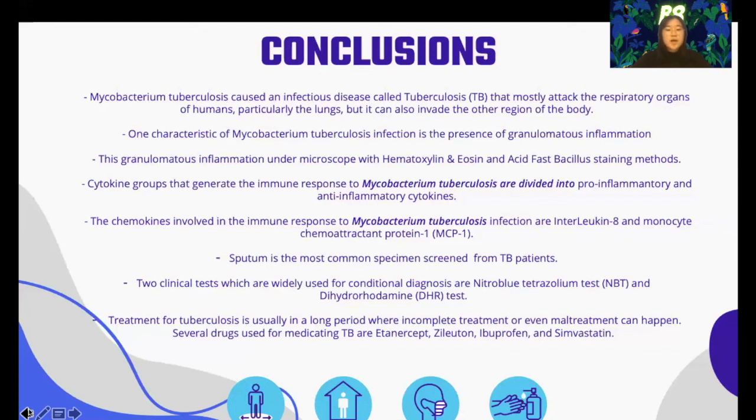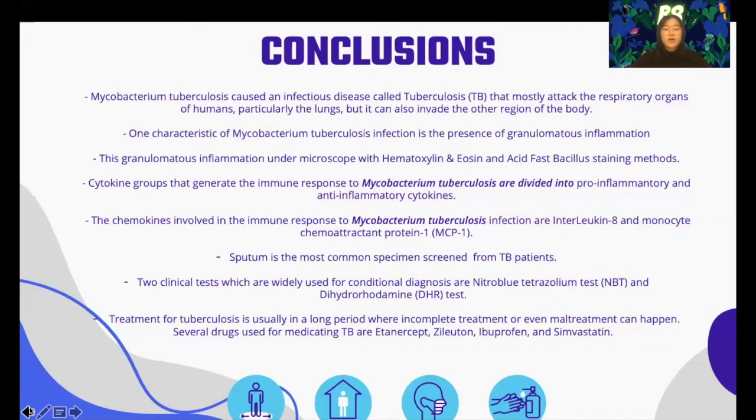Sputum is the most common specimen screened from TB patients that is used to continue the diagnosis for TB patients or continue the medication. There are two clinical tests which are widely used for conditional diagnosis, which are the nitroblue tetrazolium test or NBT and the dihydrorhodamine or DHR test. The last one, treatment for tuberculosis is usually in a long period where sometimes